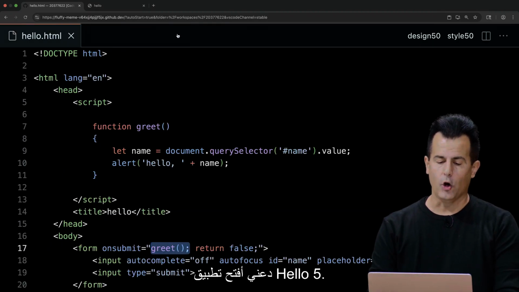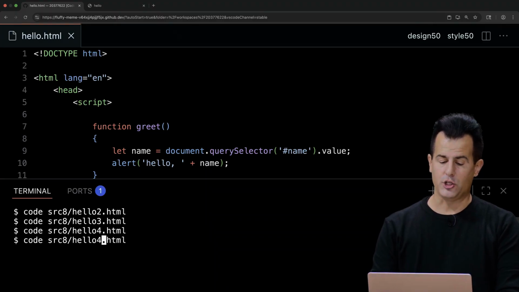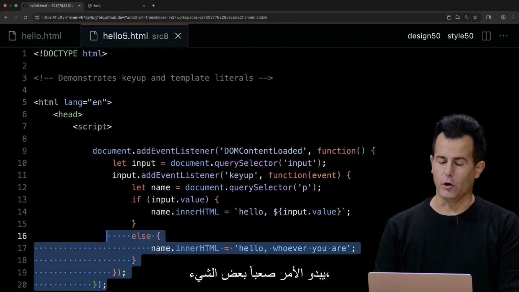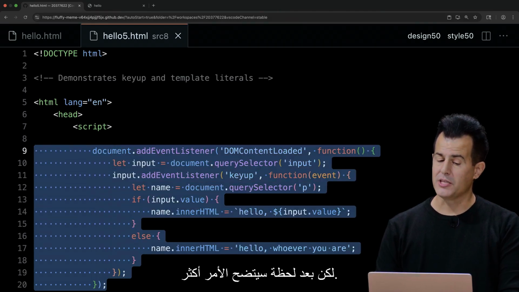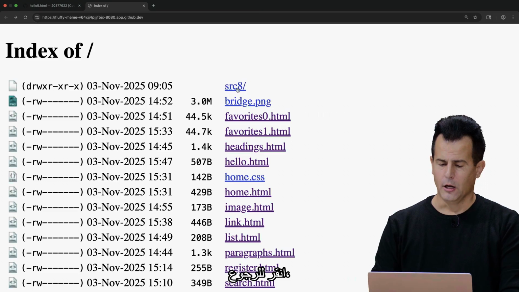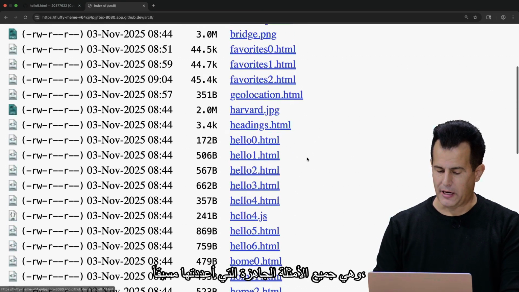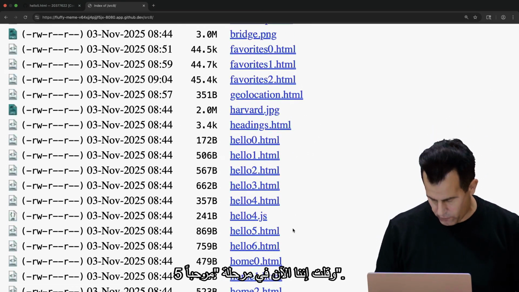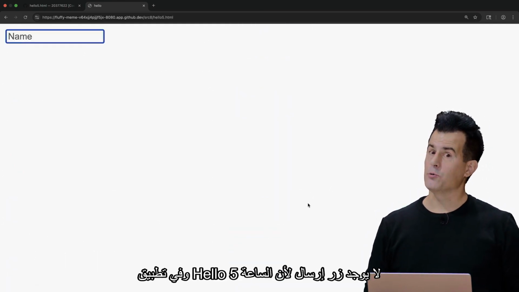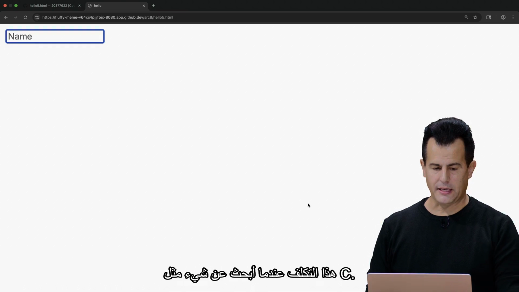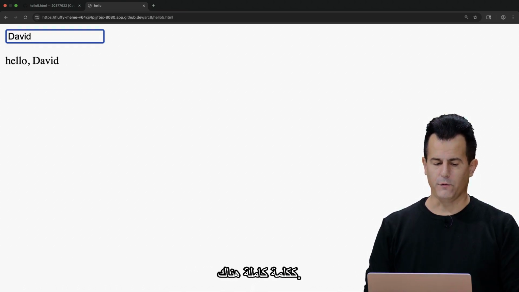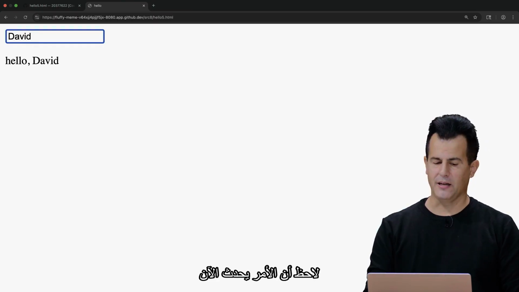Let me go ahead and open up hello5.html, which I wrote in advance, which, OK, is definitely starting to look like a mouthful. But in a moment, it'll make a bit more sense. Let me go ahead into my other tab here, click back. Go into source 8, which is all of my pre-made examples. And I said we're in hello 5 now. And in hello 5, there's no submit button because watch this fanciness. When I search for something like C or David as a full-fledged word there, notice it's just happening inside of